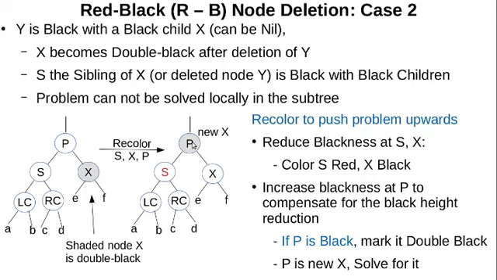Now we consider the case when the parent node P is black. When we increase the black height at P, it turns double black. We call this double black node new X. The applicable case for further processing is identified based on the color of new X's sibling and the color of siblings' children.